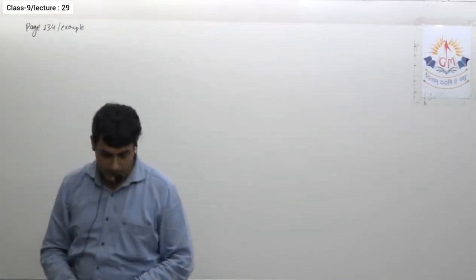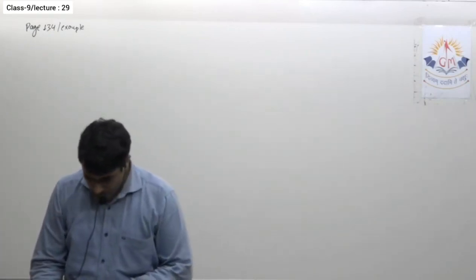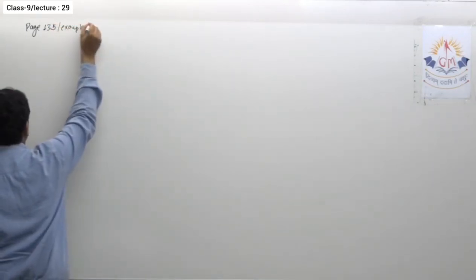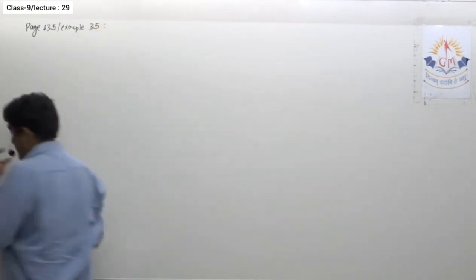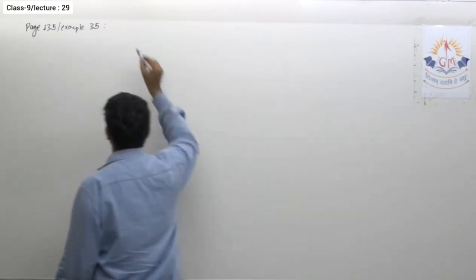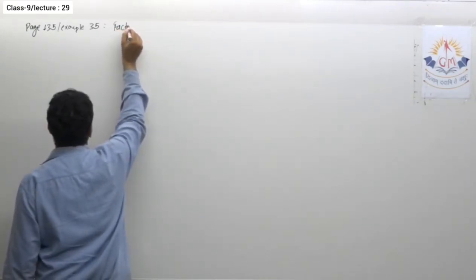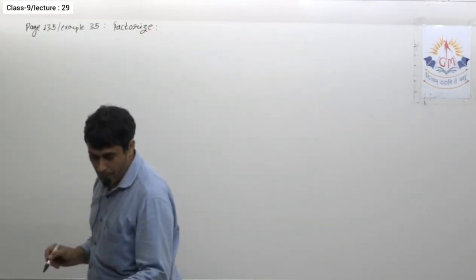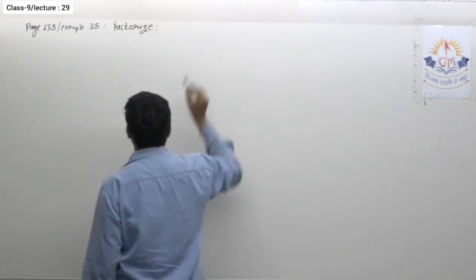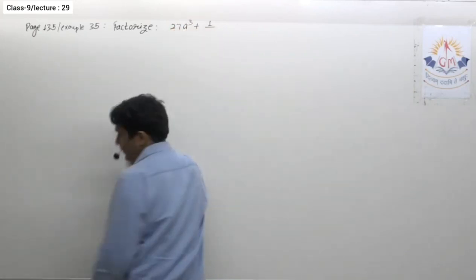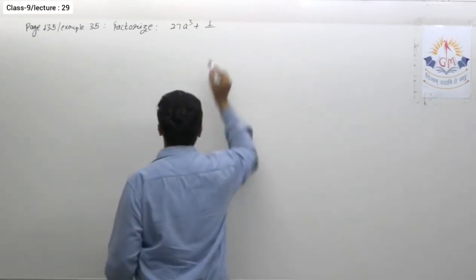Now let us see the next question from page number 135, example number 35. We have to find the factors. The question is: factorize 27a cube plus 1 upon 64b cube